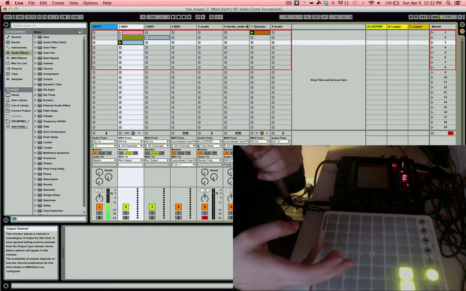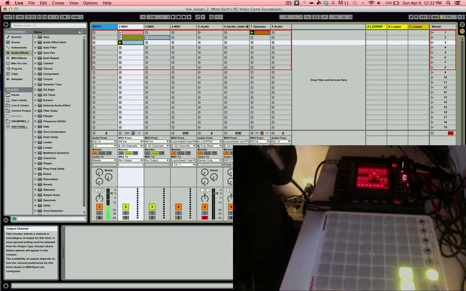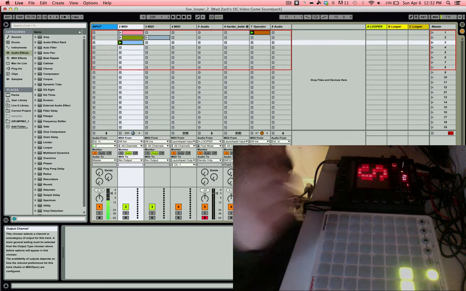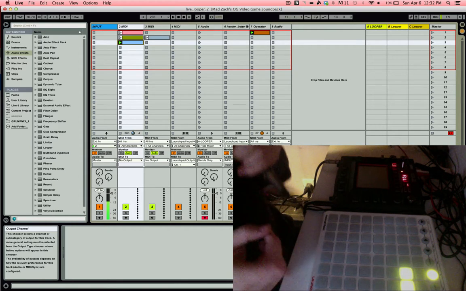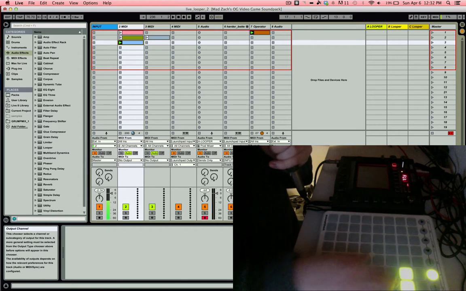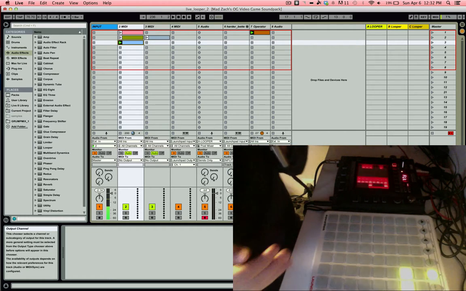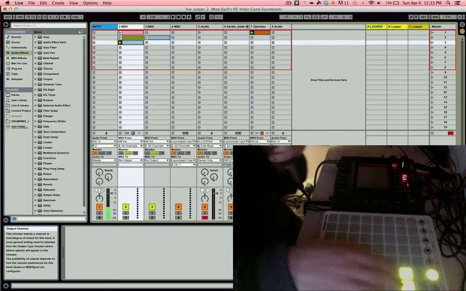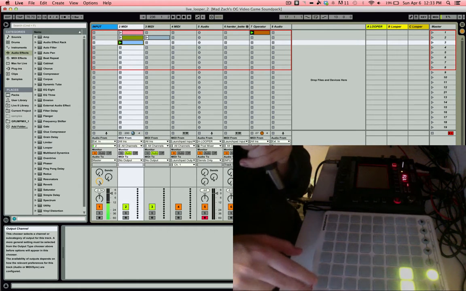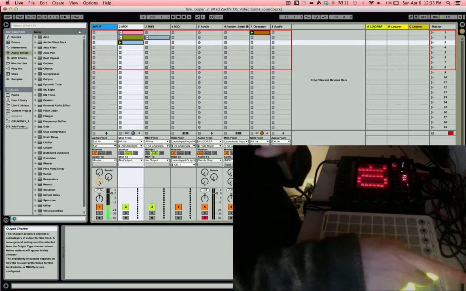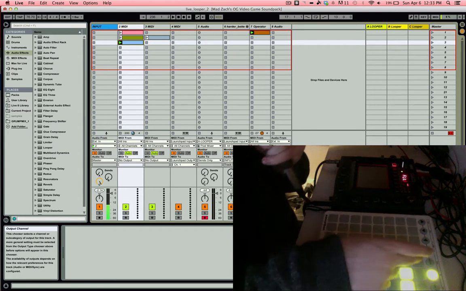So the idea is that I'm running loops on both the Chaos Pad and Ableton, and that becomes tricky because of BPM stuff. So what I've done is I've set up my loopers so that when I record a loop, it automatically resets the BPM to that loop. So if I hit this, I'm recording to looper C here. This is looper C, B, and A. Then if I just record a short loop,